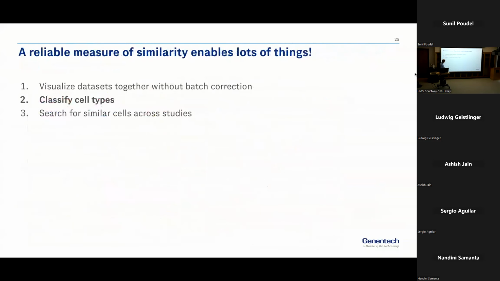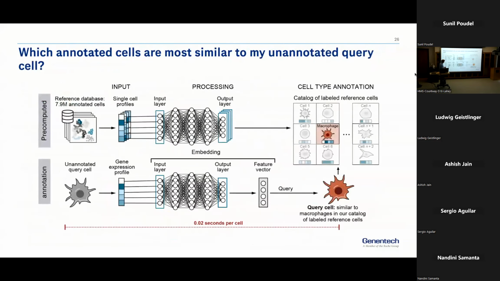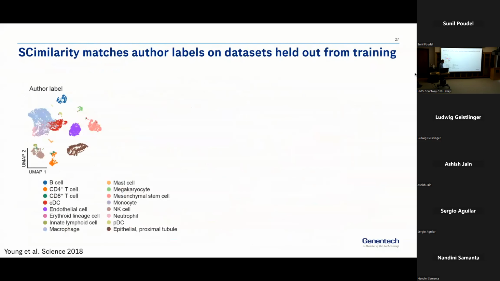Okay, so cell type classification can work quite well. So let's see it in action. Here's a kidney data set that is author annotated, and we're showing the embedding in our similarity space. And I'm showing the author annotations on this. So now we can try to annotate this data set, and we can subset our catalog to just match the cell types that they are using. So we can do a direct one-to-one comparison.